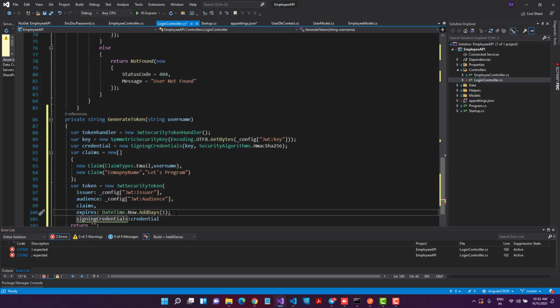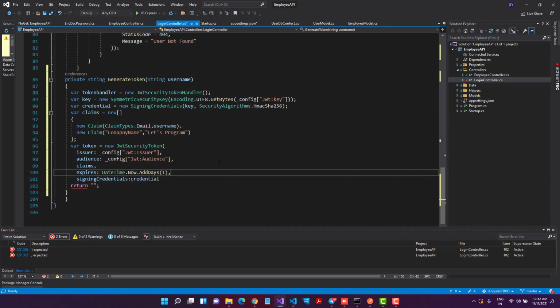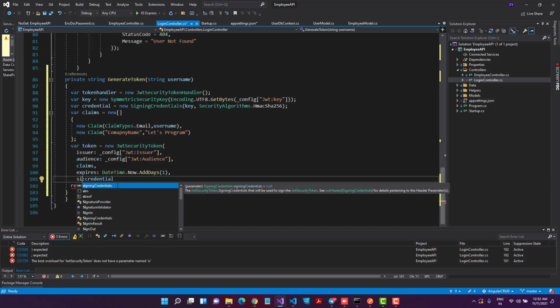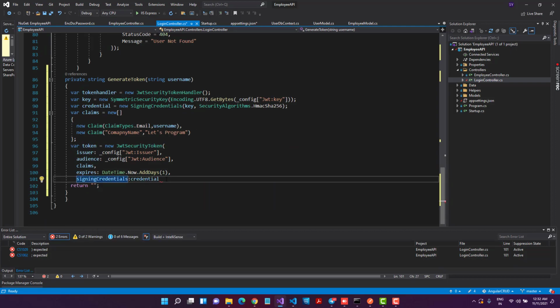That's it, and because of this, it was throwing an error. So let me just see if the spelling was correct. So it's sign in credential. That's correct. So we have passed our credential as well. All right, let me close this bracket. Now what do I have to return? One thing is still pending on the top. This token handler will help us to write our token, so we will return that value.